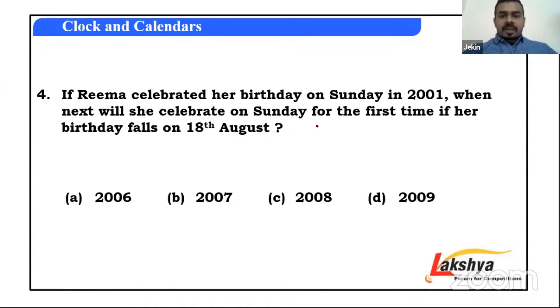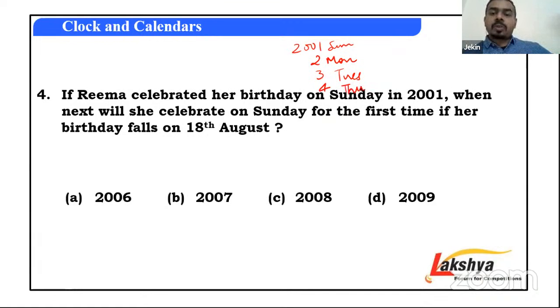In 2001, Rima's birthday fell on a Sunday. What is the question? In which year will her birthday come on a Sunday again? All right. So if 2001 was a Sunday, this is Sunday. 2002 will be a Monday. 2003 will be a Tuesday. Okay. 2004 is a leap year. Therefore, it will be a Wednesday, but it would rather be one more year, one more